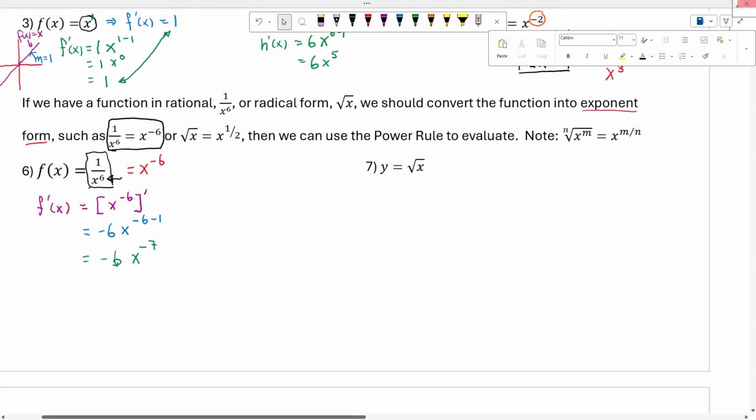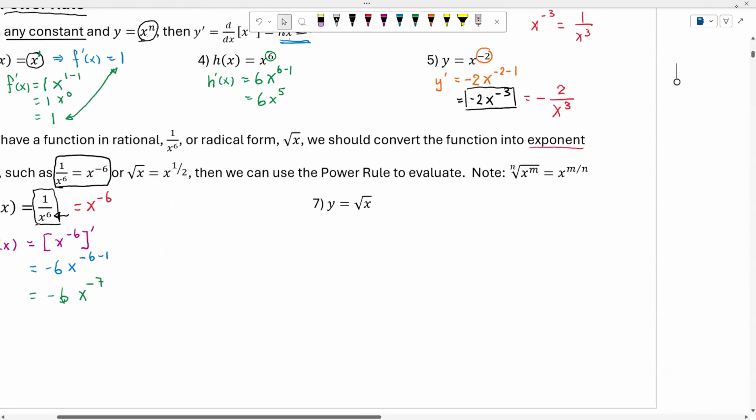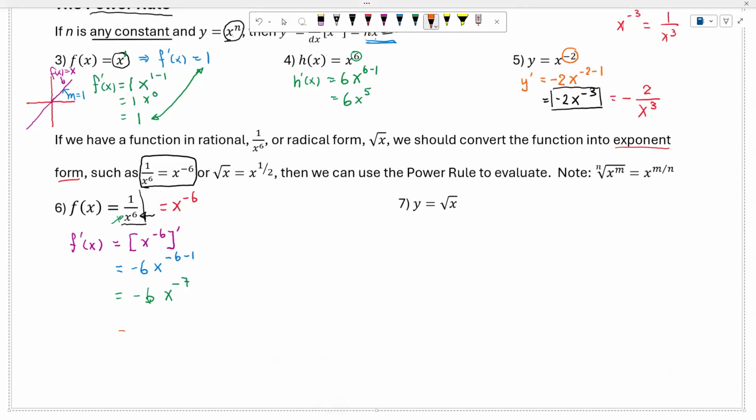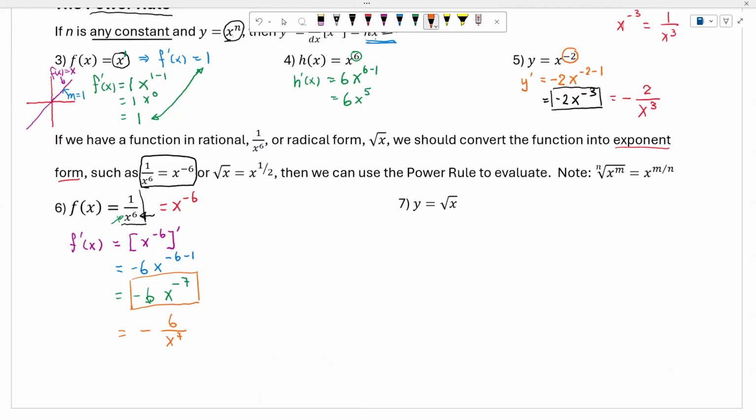Usually I like to do it this way: if the problem that I start with has positive exponents, then I like to rewrite the answer as a positive exponent as well. But of course, on the test, if you leave your answer like this, then you got the right answer already.